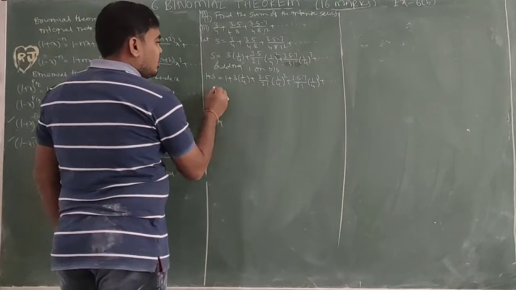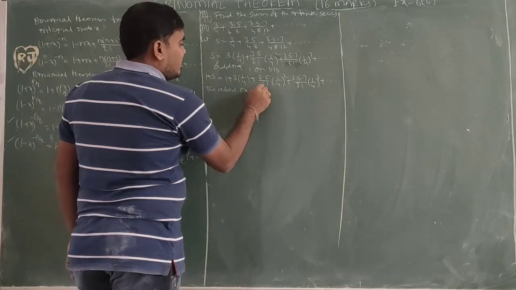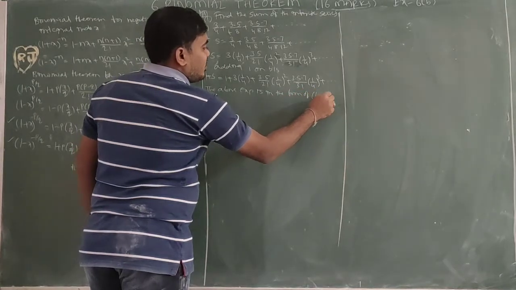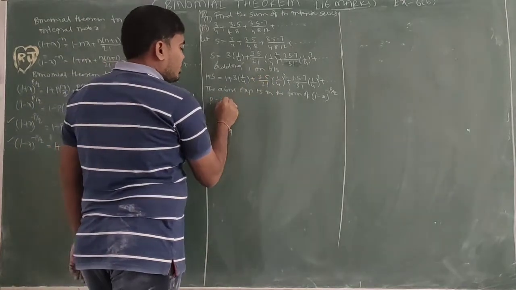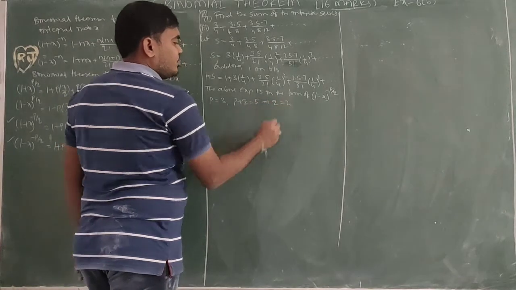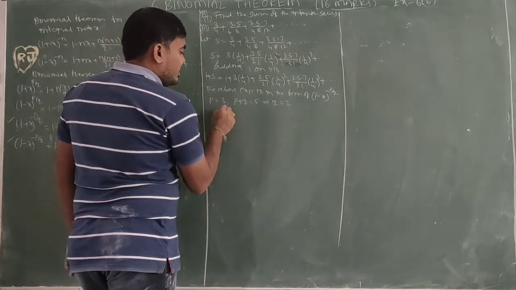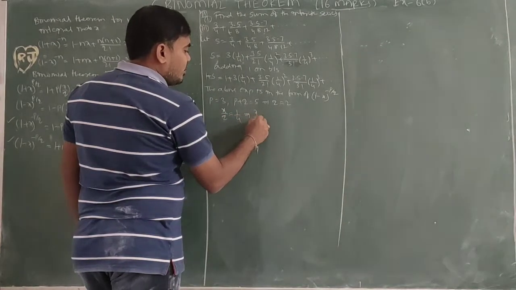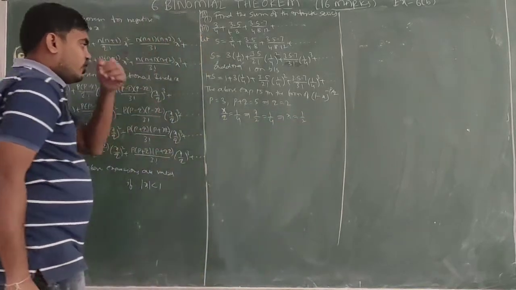So the above expansion is in the form of 1 minus x whole power minus p by q. This is the form. P equal to, observe this one, 3. P plus q equal to 5. P value 3, q value 2, so adding 2 to 3 we get 5. Now x by q equal to 1 by 4. x by q, with q value 2, equal to 1 by 4. Cross multiply, x equal to 2 by 4, that is equal to 1 by 2.